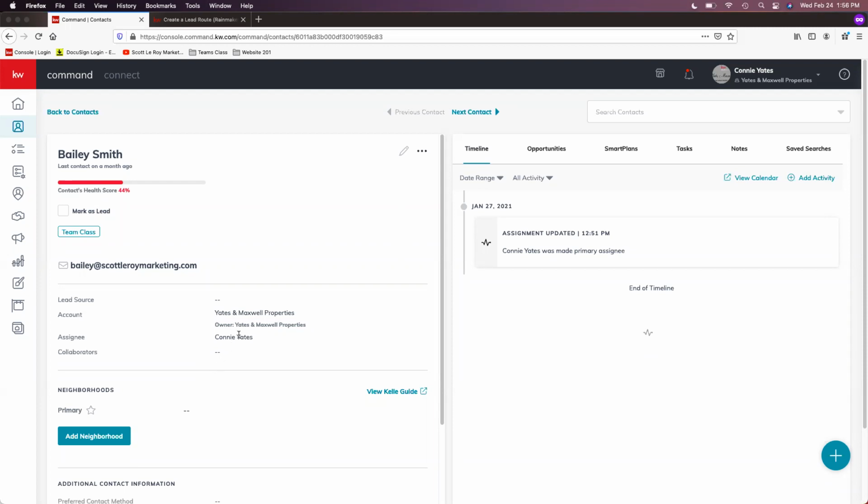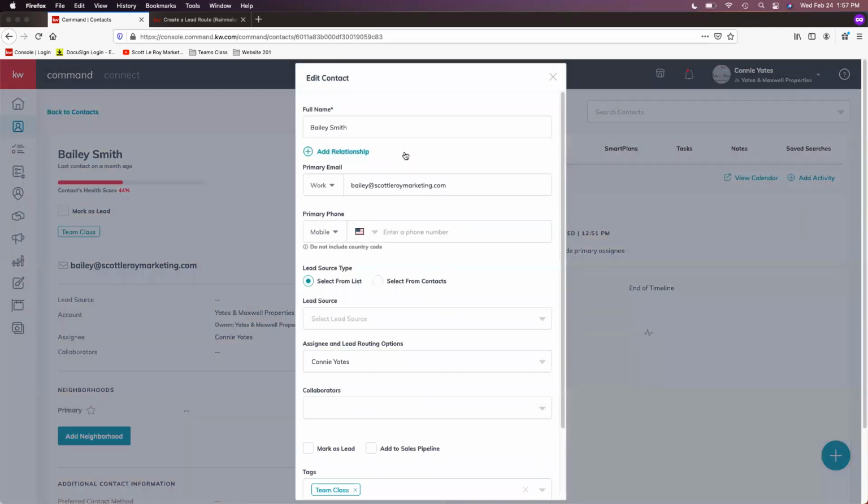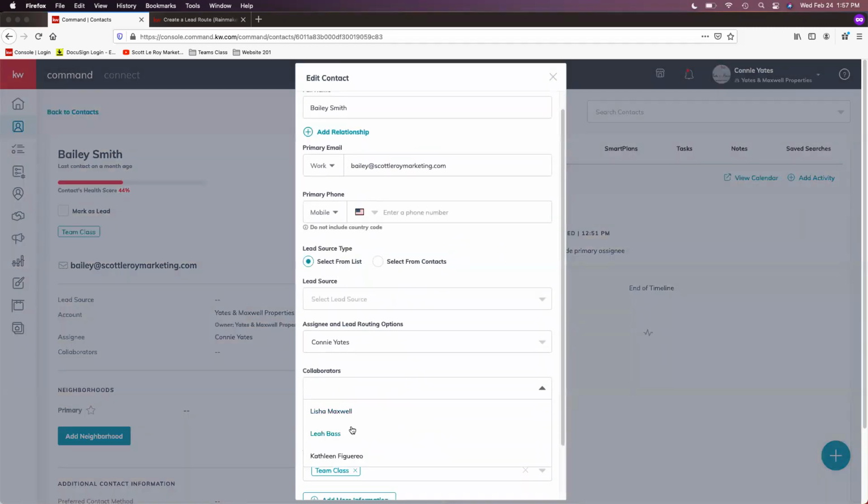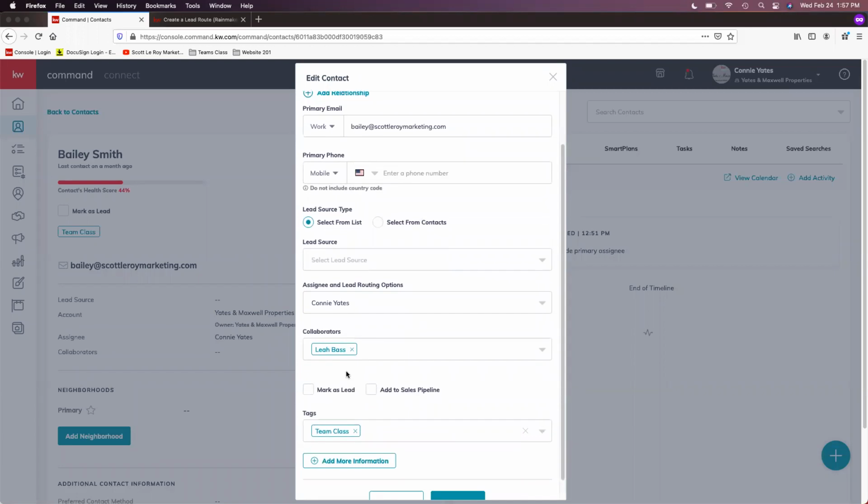completely assigning it over, if she's still going to be handling it, she can click on the pencil and add him as a collaborator, or we'll just say Leah for this. And I can add Leah as a collaborator. What that means is Leah will now have access to this contact profile under her team section. So as long as she has that team profile selected, she'll have access to see this contact profile, which is